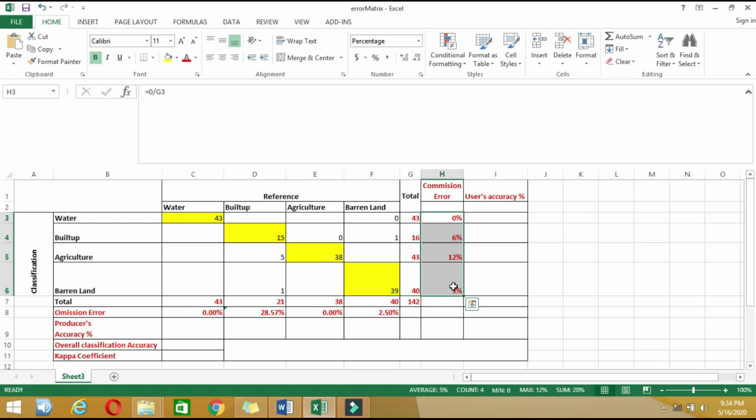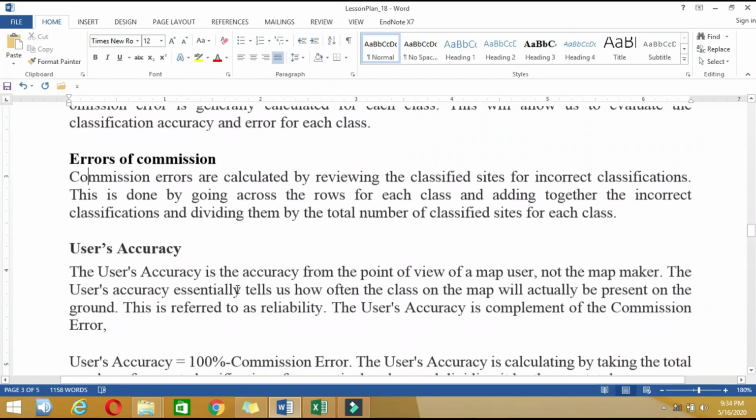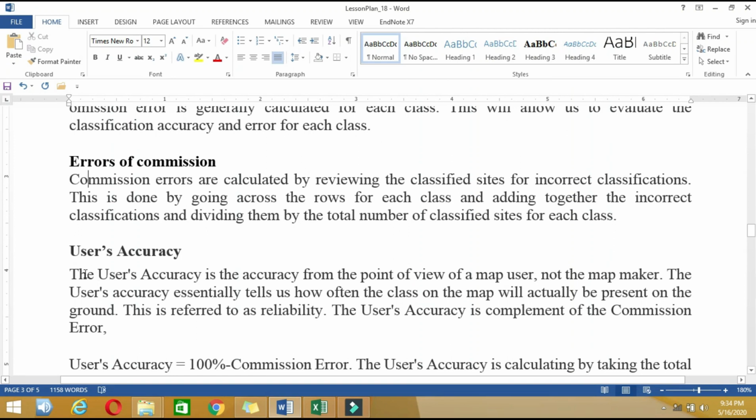Now let's see about the producer accuracy and user accuracy. So first of all, what is user accuracy? The user accuracy is the accuracy from the point of view of a map user, not the map maker. The user accuracy essentially tells us how often the class on the map will actually be present on the ground.